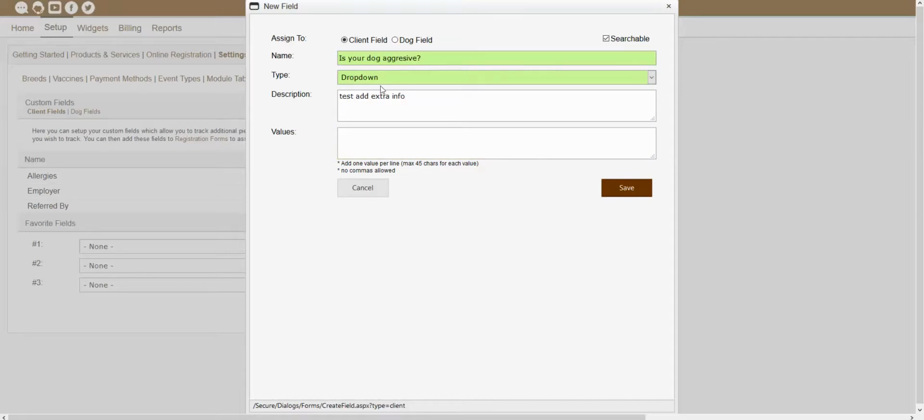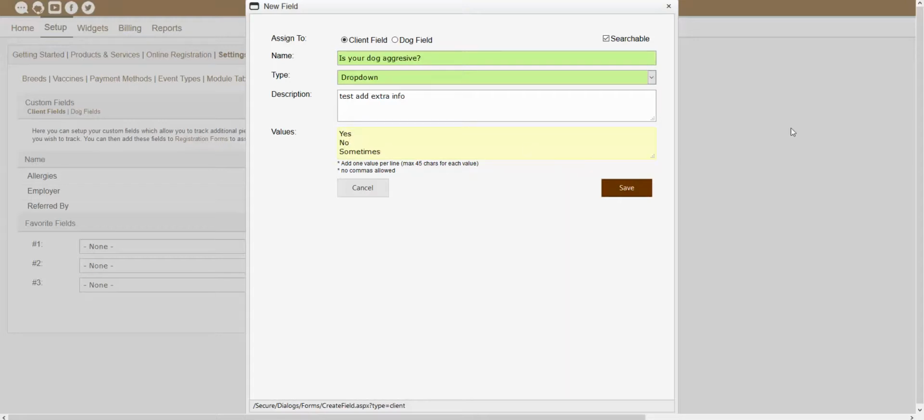Lastly, depending on the type that you had chosen, you might see this additional values section showing. The value section, as I mentioned, is where you actually put your custom field choices. Each choice has to be on its own separate line. If you wanted those answers to be something like yes, no, or sometimes, you could do that from inside the values section. So again, each value would have to be on its own line, so we could do yes, no,